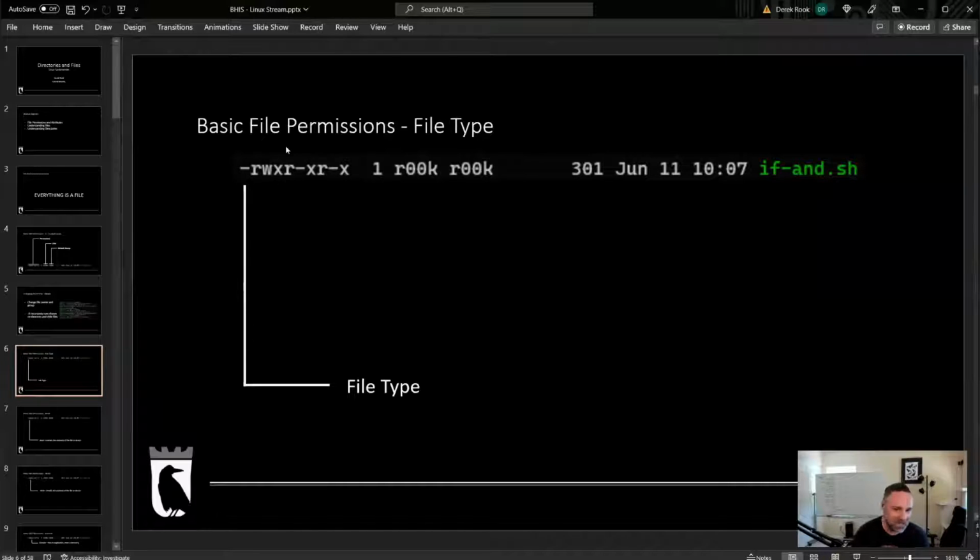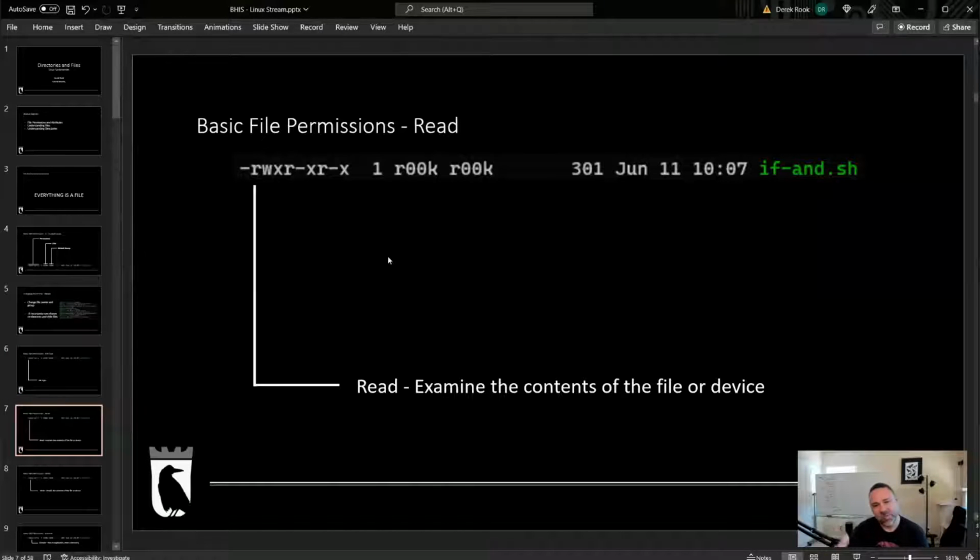Inside this permission block is a series of values. The first value is the file type, and for quote unquote normal files, that'll just be a dash. There won't be anything there, but something common that you'll see is a D for directory, and you may even see other things like L for links, S for sockets, and things like that. But for the most part, you'll see either just a dash or D for normal files and directories.